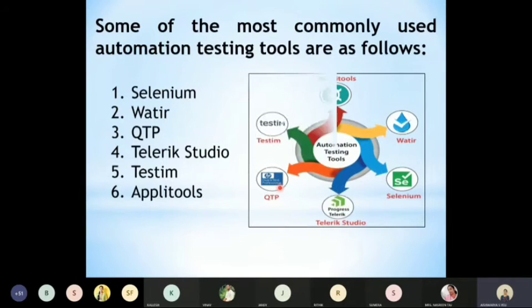These are some of the automation testing tools. Selenium, as we have heard more about, is a commonly used automation testing tool, and it is written in Java, PHP, or C#. Watir stands for Web Application Testing in Ruby, and it is written in the Ruby programming language. QTP stands for Quick Test Professional, and it is very helpful for test engineers and is easy among all testing tools. Telerik Studio helps us to load, perform, and test functionality, especially in web and mobile applications.